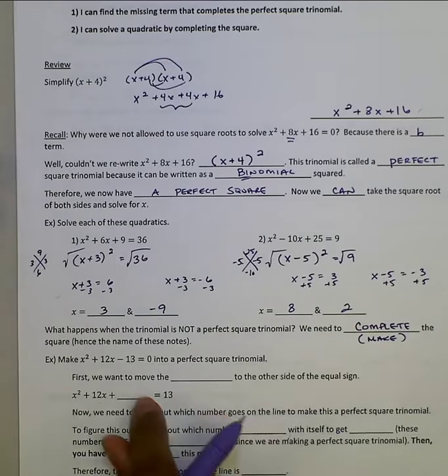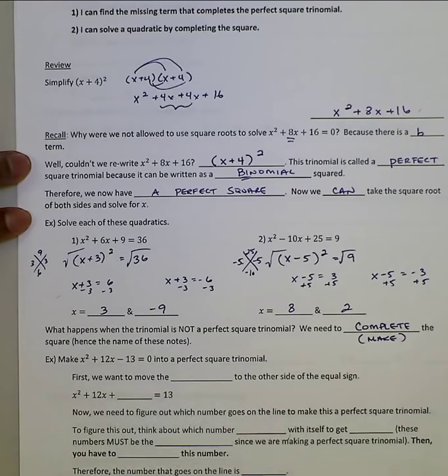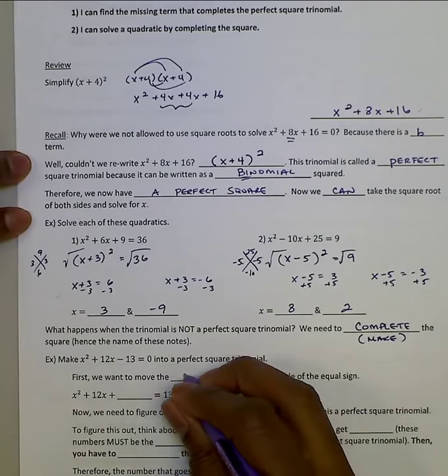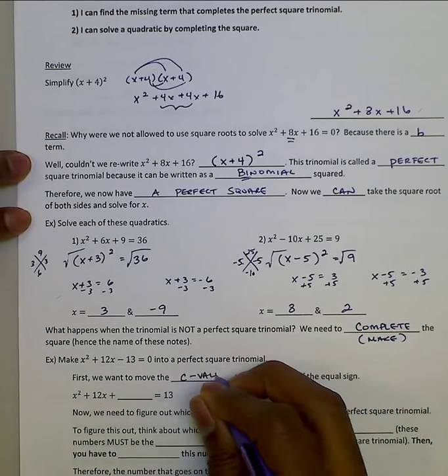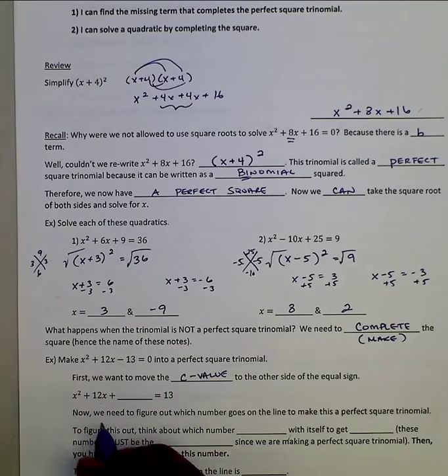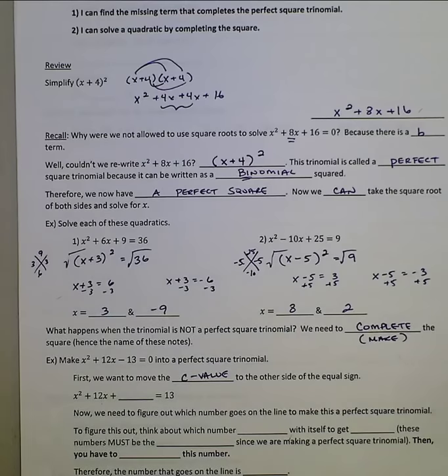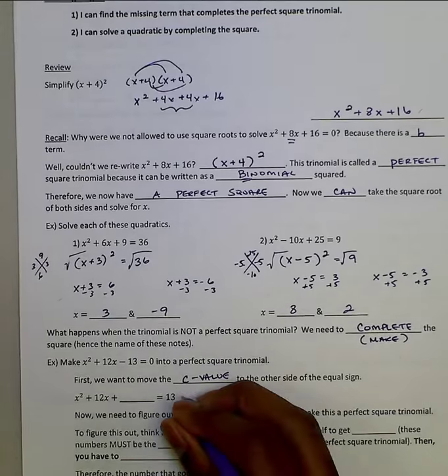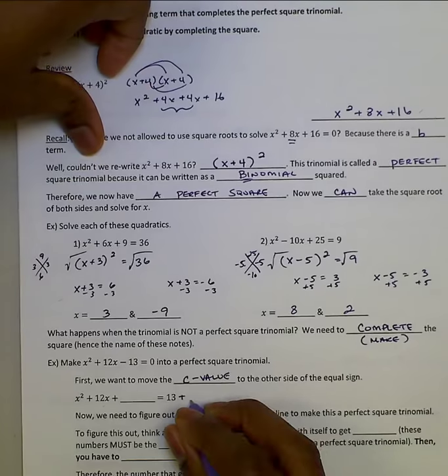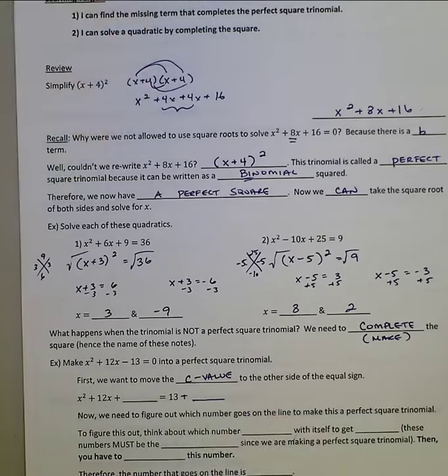that's not a perfect square, then what we'll do is we'll move the c value to the other side. Okay, and so now we have x squared plus 12x plus something equals 13. We basically have a blank, and I'm going to put that blank on this side as well. Okay. Alright, now what we need to do is figure out which number goes on the line to make this